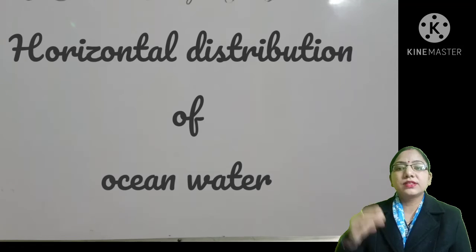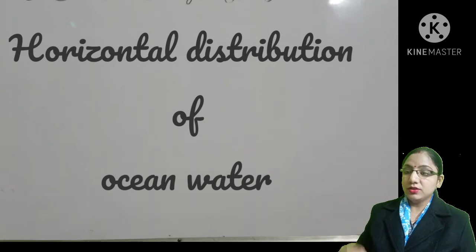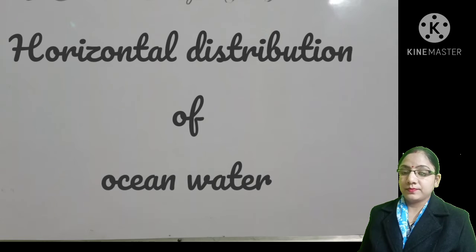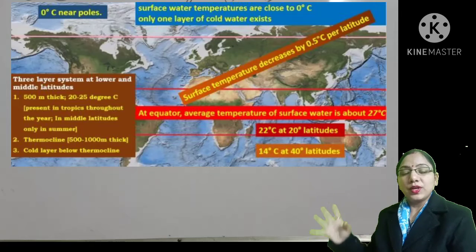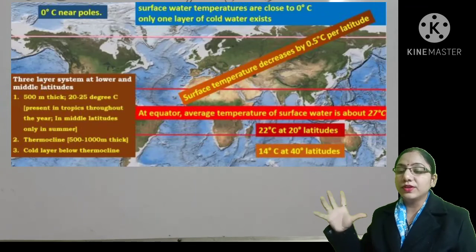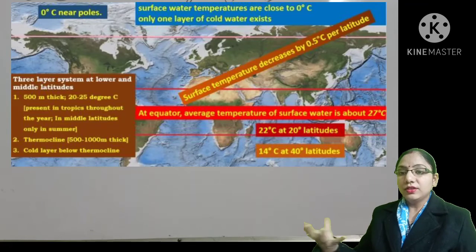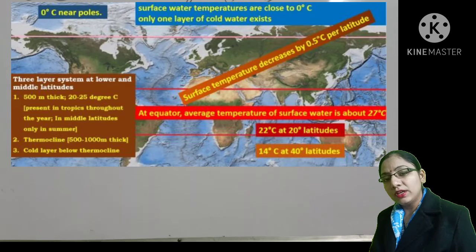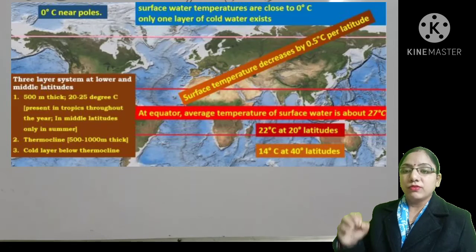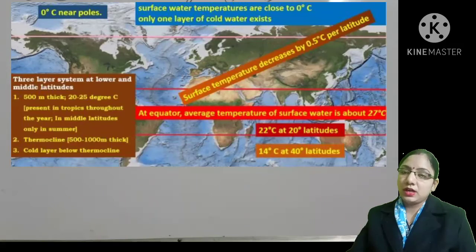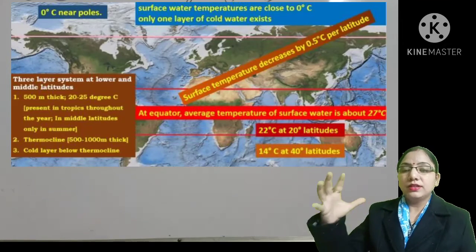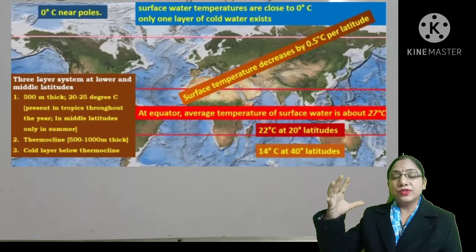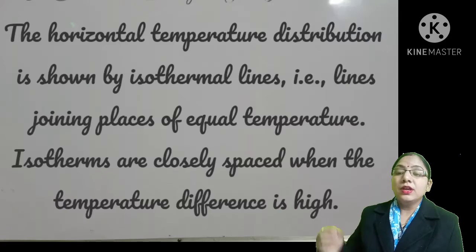Now let's see the horizontal distribution of the water temperature. Look at this map. This map is showing the spatial pattern of the surface temperature. The water temperature does not change only with the depth of the water. The water temperature also changes at the surface of the water. So here you can see the average temperature of the surface water of the ocean is around